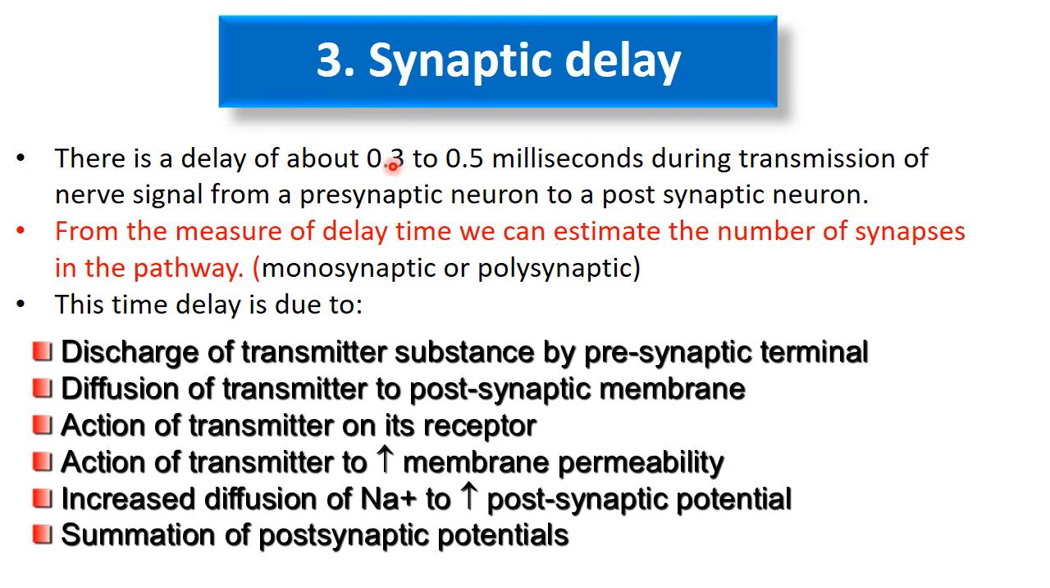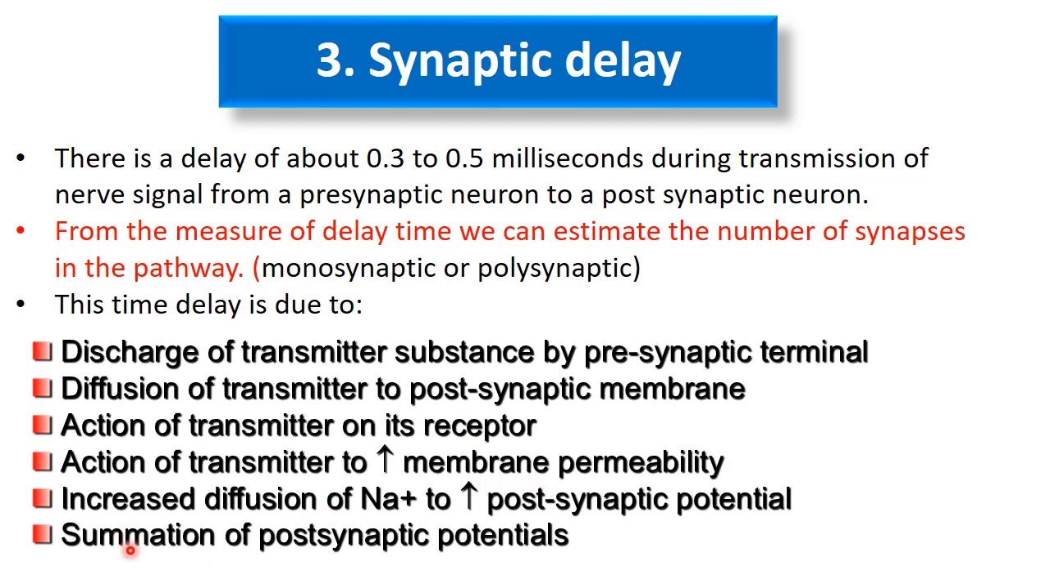The third property of synaptic transmission is the synaptic delay. There is a delay of about 0.3 to 0.5 milliseconds during the transmission of a signal from a presynaptic to a postsynaptic neuron. How much delay? About 0.3 to 0.5 milliseconds. Now, from the delay time, what can we calculate? We can calculate the number of synapses in the pathway. For example, if the delay time is about 0.5 milliseconds, we can say it is made up of only one synapse. If it is double, for example 1 millisecond, then we can say there are two synapses. If more than that,